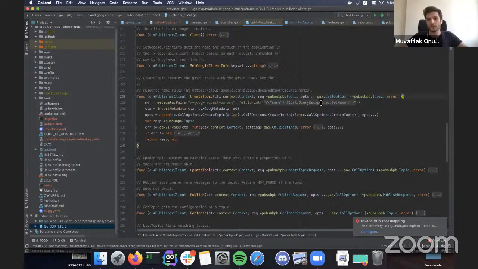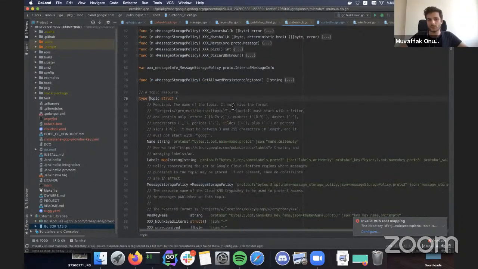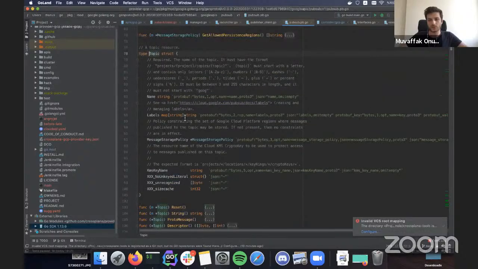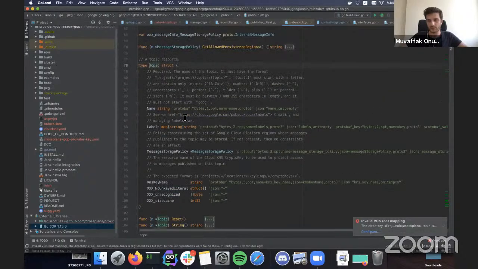Yeah. So for create, we have to pass in a topic object with a few parameters. That's where we go back to our API type and add some parameters to their structs. So to create, these are the main specs. These last three ones are not used; they're not for the public API. And the name: in Crossplane, we use an annotation for external naming.